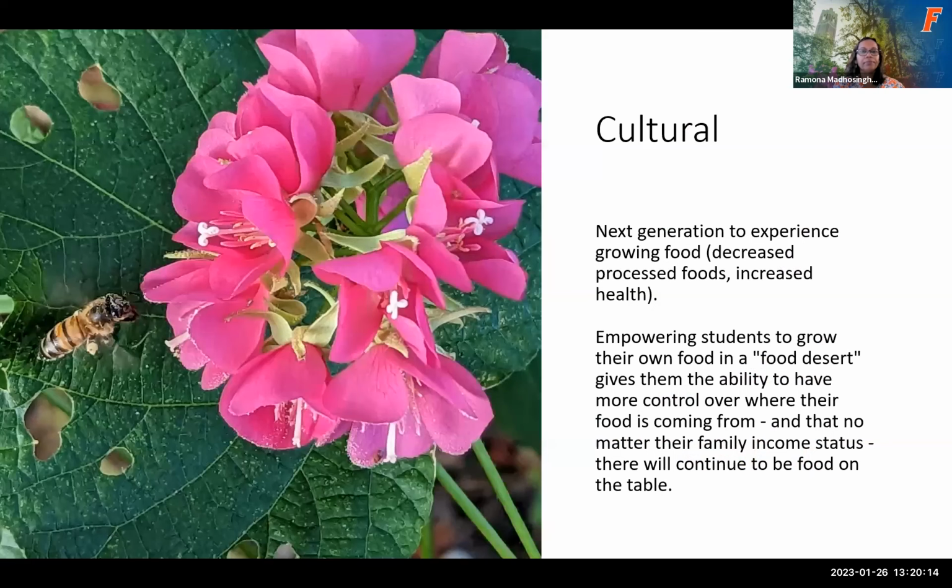Next slide. And cultural capital. So a lot of times, many of you came by and talked about that generational impact and the experience of growing food. It's very experiential, but it's also very personal. So wanting to be able to support that. And I think of that from a sustainability perspective when we think about intergenerational commitment and how do we support the others. The second quote here is about growing food in the food desert and giving them the ability to